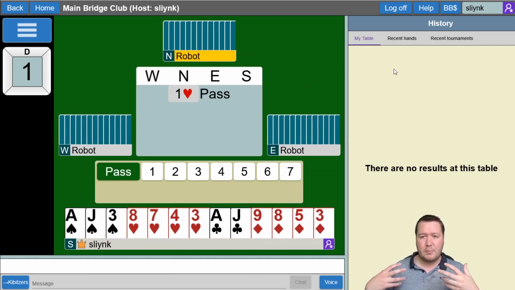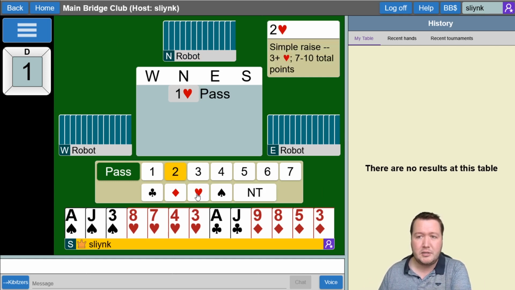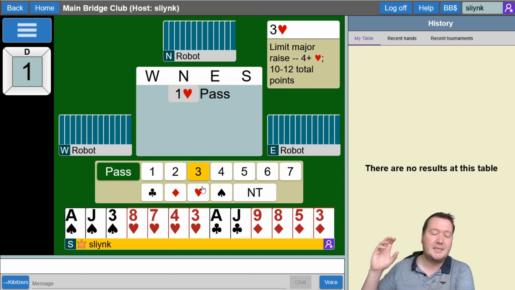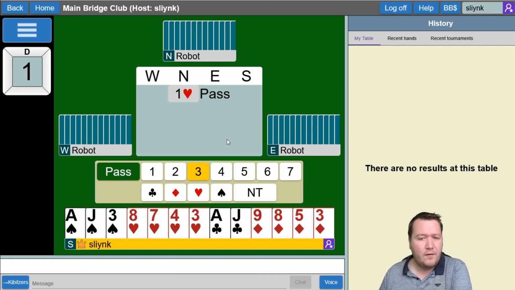So when supporting the robots with a major, the raise structure that they play is this: if you bid 2 hearts, it's just a normal raise, sort of 6 to 9-ish points. If you jump to 3 hearts, this is a 4-card invitational raise, 10 to 12 total points. If you've only got a 3-card invitational raise, this is a bit tricky to find, so that's why I wanted